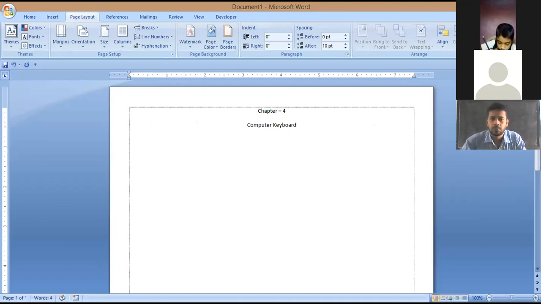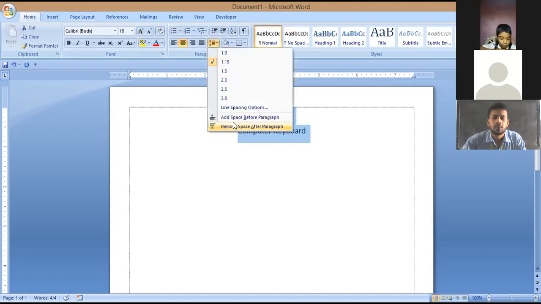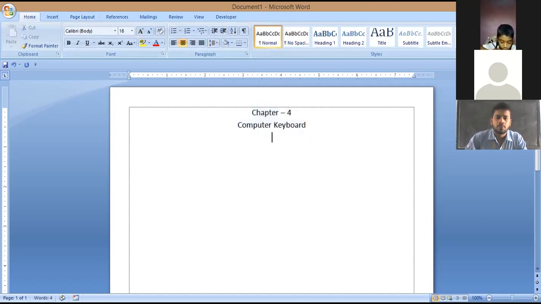Computer keyboard. So now, exercise solution. Okay, exercise solution.